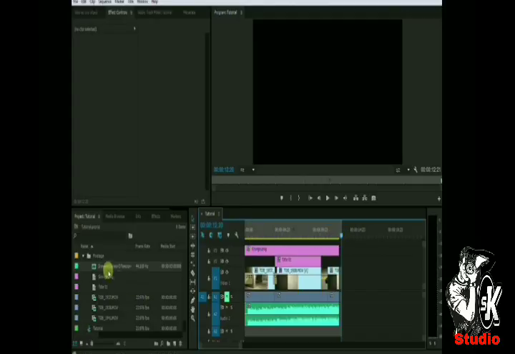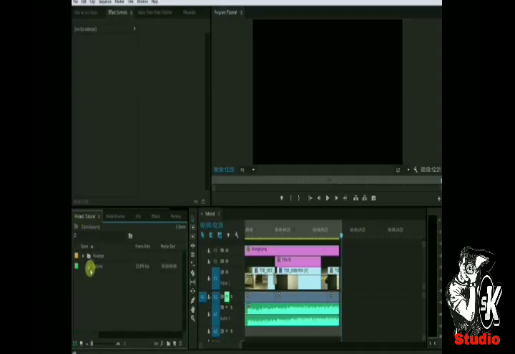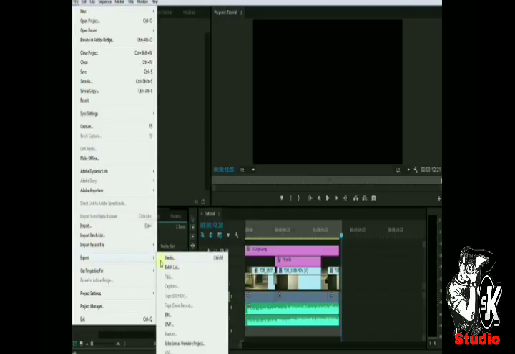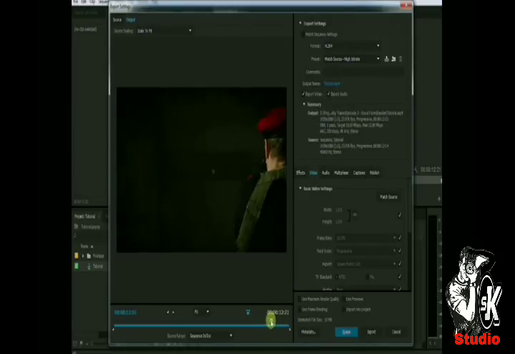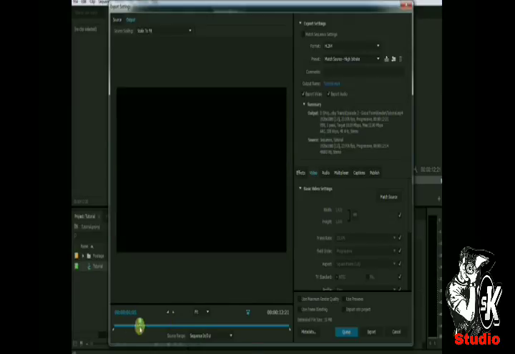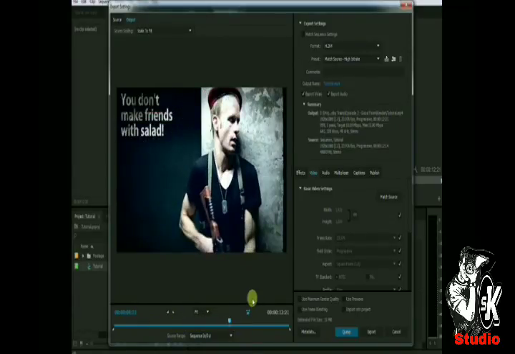In order to export your sequence, go back to your project panel, make sure that the sequence you want to export is selected, and then go up into the main menu and select File, Export, Media. This will bring up the export dialog. On the left-hand side, you have a little preview window, and at the bottom, you have a little timeline. You can scrub through this timeline to verify that what you are about to export is what you actually want